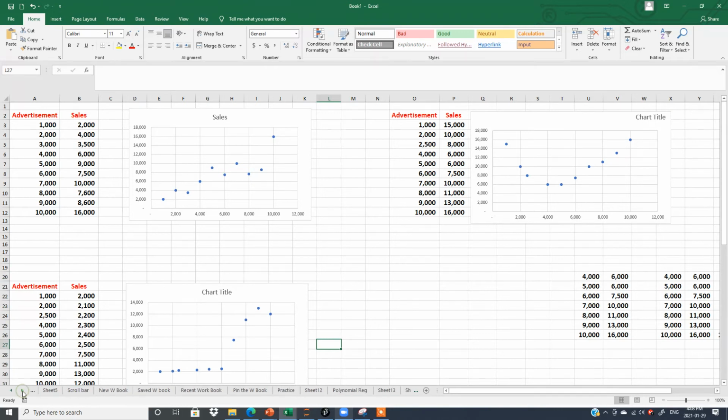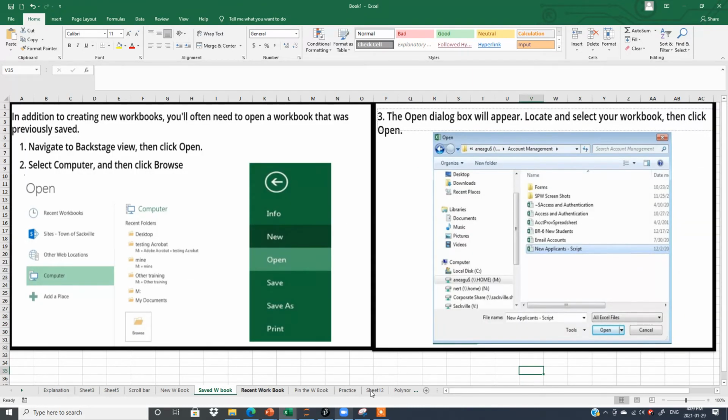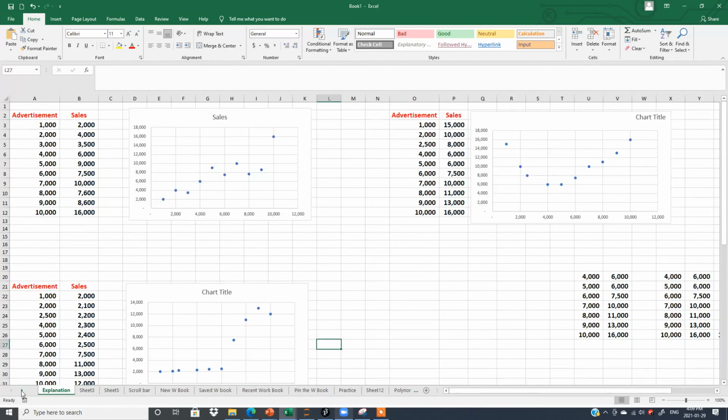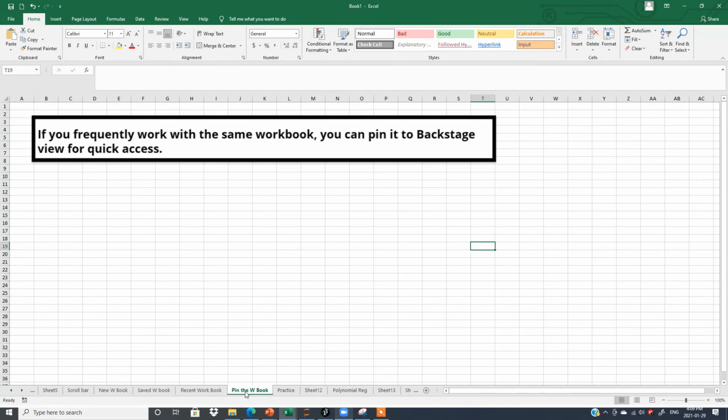If I click here, see, it will move. You can observe that these sheets are moving with the help of this arrow button, and when we click on this arrow, the other button which is located on the left of it is also highlighted, if you want to bring these sheets back. So which sheet do you have to work on? Saved workbook. Okay, click here. If you want to work on other sheets, you have to click here, and you can also see these three dots here. If you click on these, it will also help you to move forward or backward through your sheets. If you want to work on sheet number 12, work on sheet number 12.